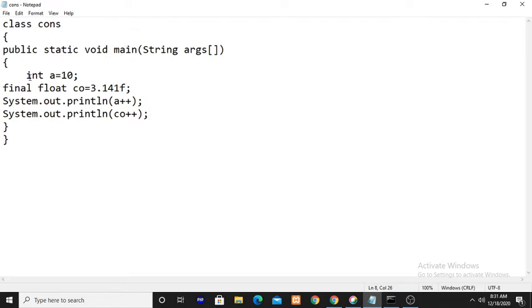In the main method, one variable and one constant are declared. So a is the variable, co is the constant, it is a floating point type constant. So int a is an integer type variable, co is a floating point type constant. Here the keyword final is used before the data type declaration.